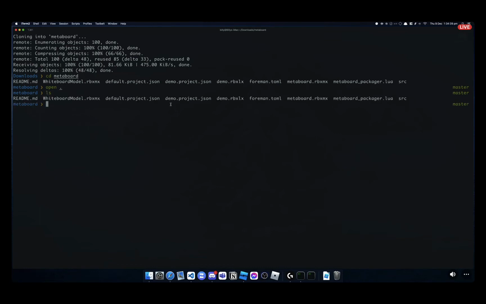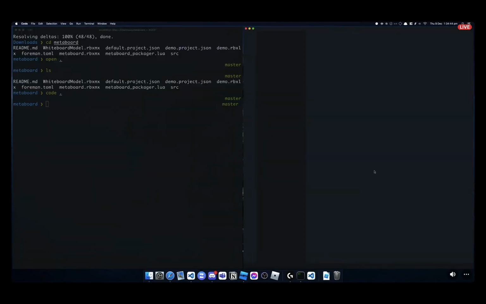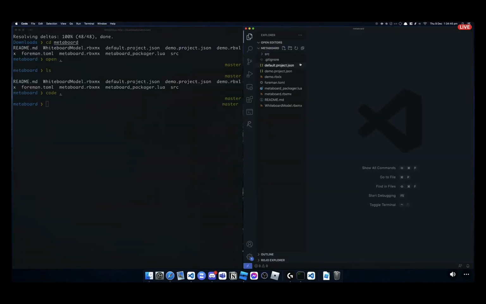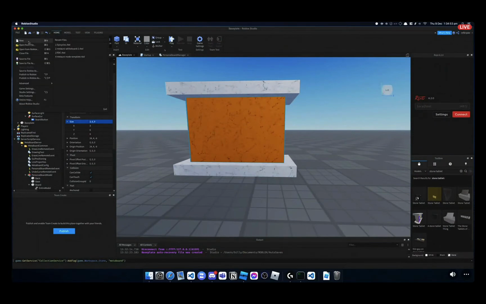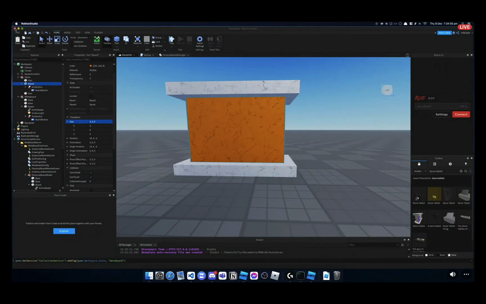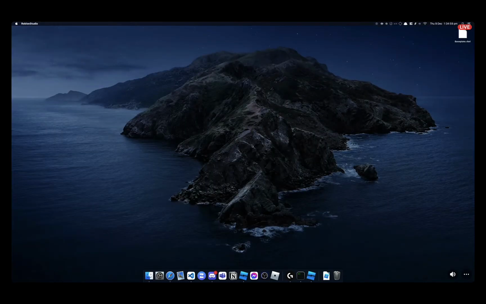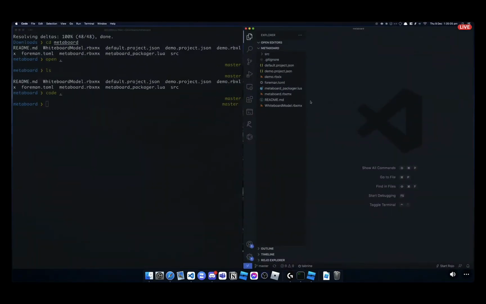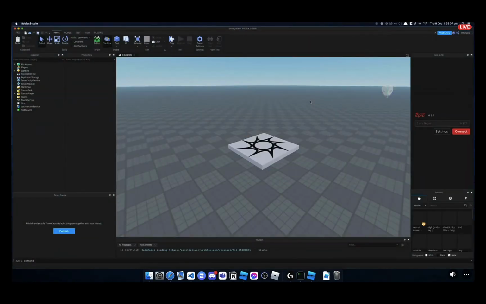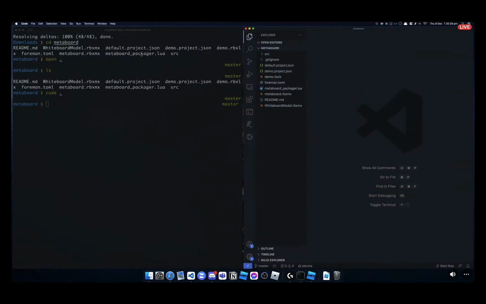I'm back at this repository. Yeah, I'm inside it. Let's open this in VS Code. Let's make a new world to just start from scratch. Get rid of this one. Okay. So